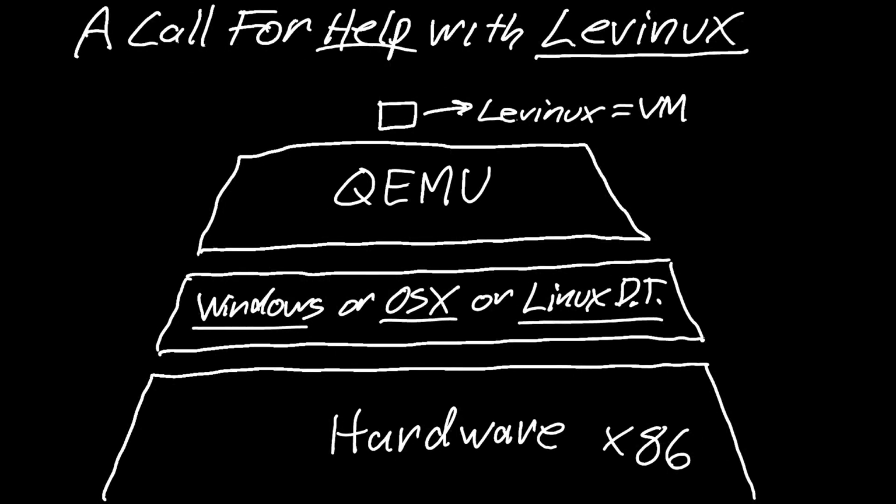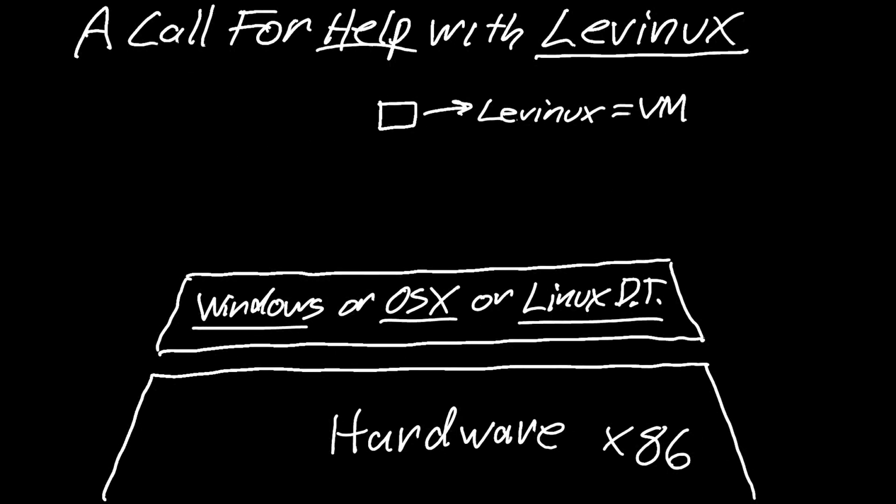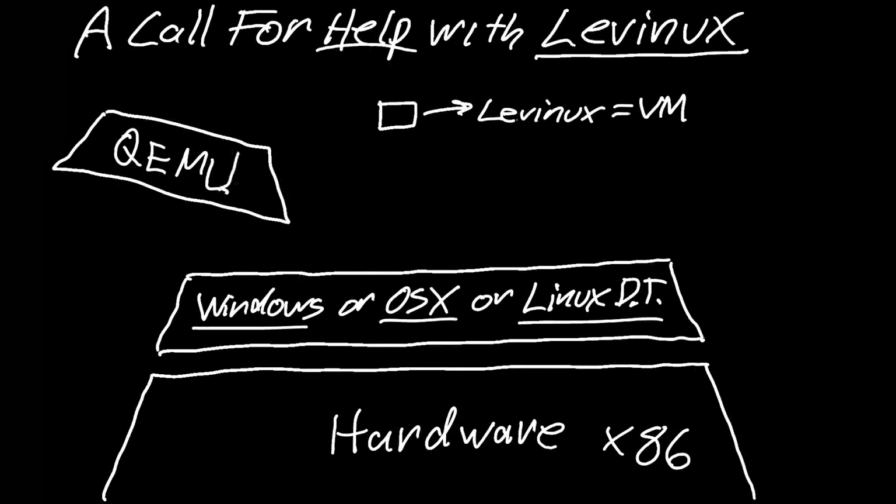And QEMU is so large because it has a lot in there, lots of hardware support. Now, what I'm trying to do for Levinux is make that as small as possible because I'm including QEMU in the Linux distro because it allows a virtual machine to run on top of it without any install. So, as opposed to that extremely large QEMU,